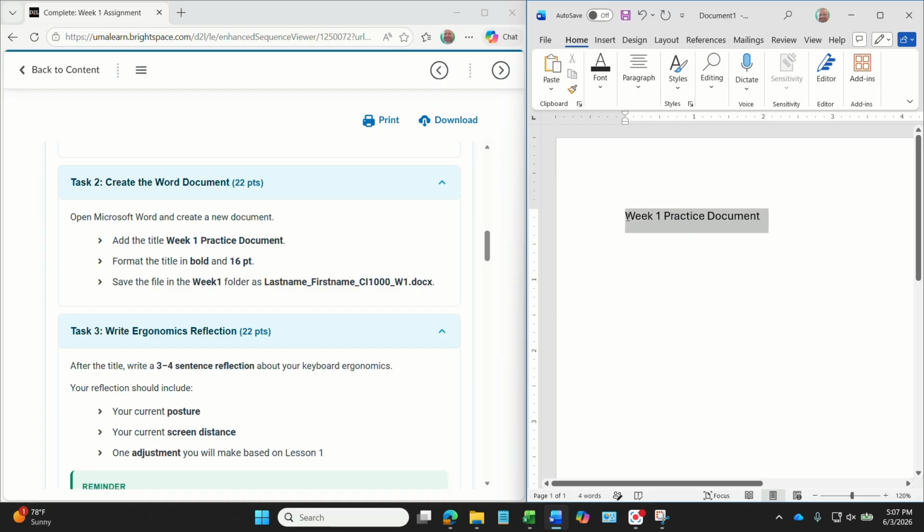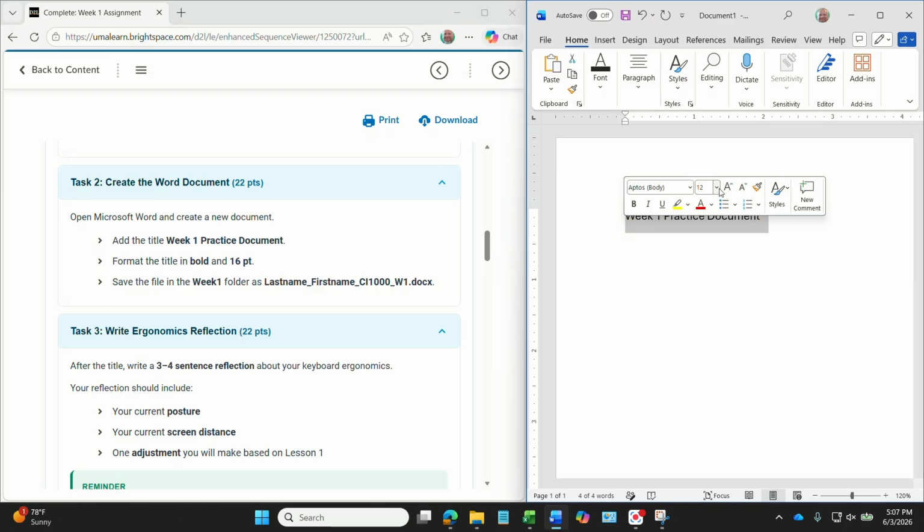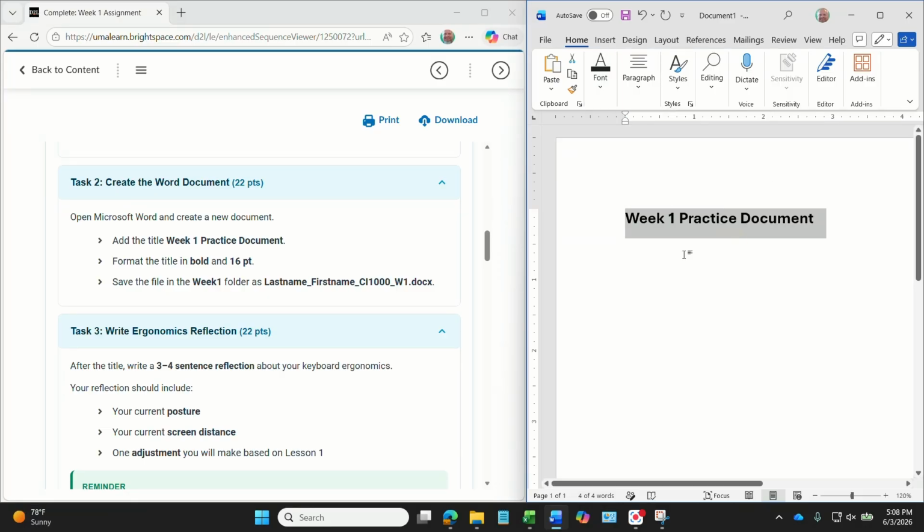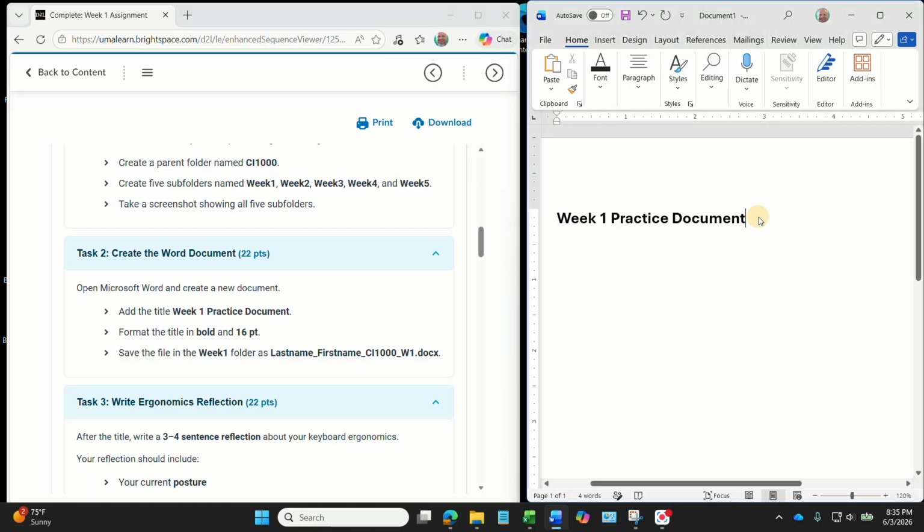They want this to be 16, so I selected it. Again, a mouse is a lot simpler than your pad. You have this quick reference that you can make the change here, or you can go to the Home tab and underneath the font area, pick 16. I also needed it to be bold and 16 point. So, okay, now that we've created the title, we're going to go ahead and